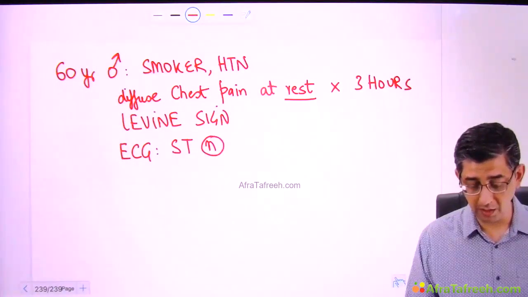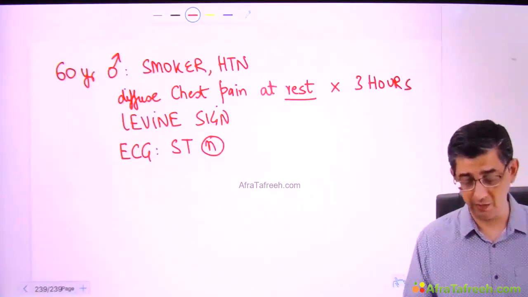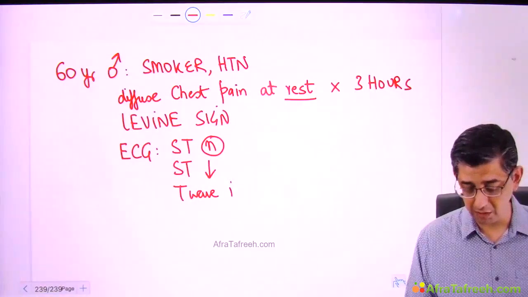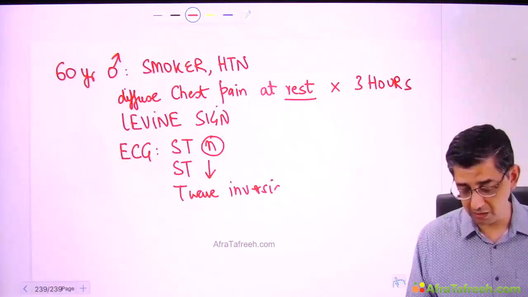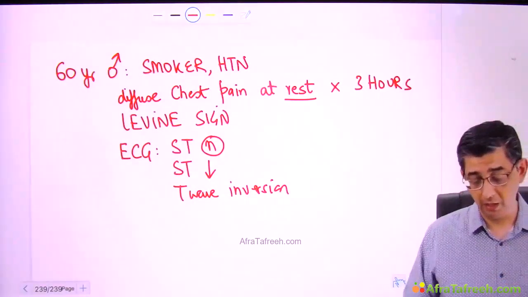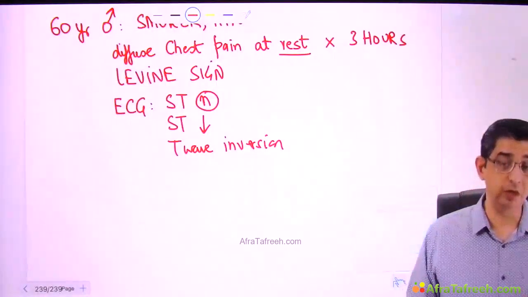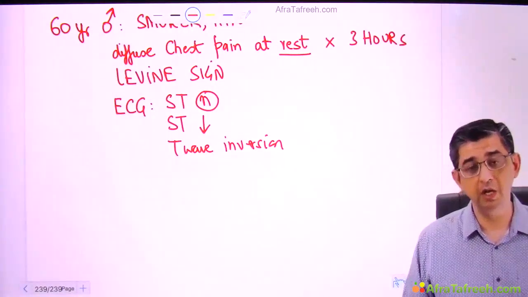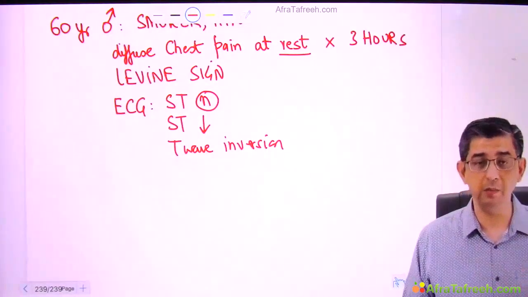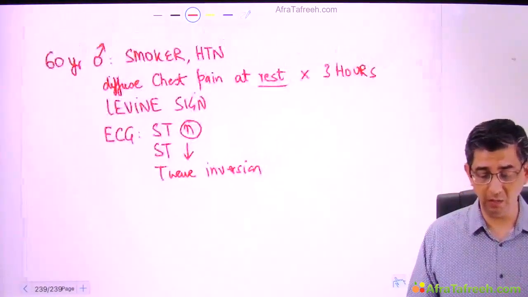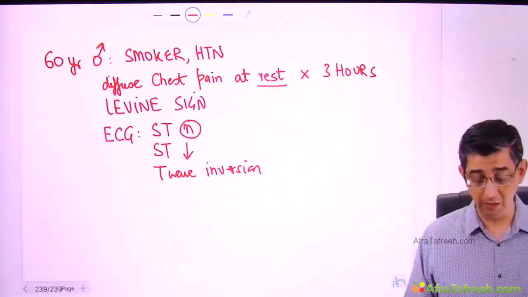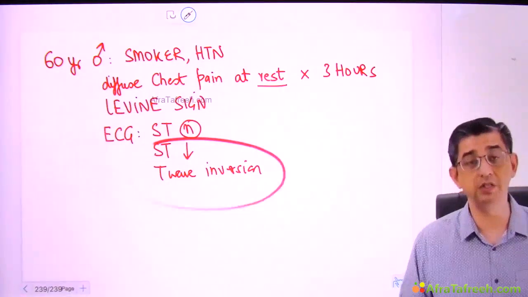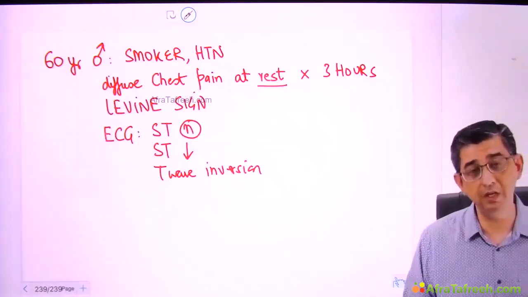In unstable angina, ST is going to be normal in 50% cases. There can be ST depression in 25% cases. They can be only T wave inversion in 25% cases. I repeat that again. In 50% cases ST is normal, in 25% cases ST depression, or they could be 25% T wave inversion. So obviously ST elevation MI will never be picked up, you can never wrongly diagnose it as ST elevation MI. But there's a distinct possibility that you might be answering this as non-ST elevation myocardial infarction, because in non-ST elevation MI there can be ST depression and T wave inversion.